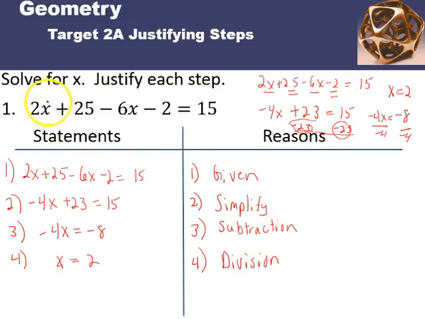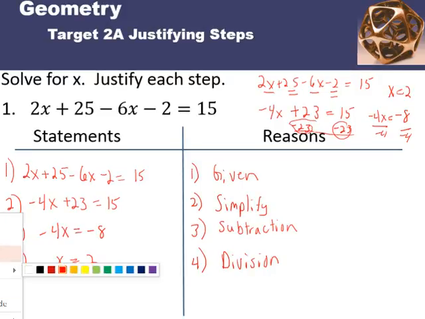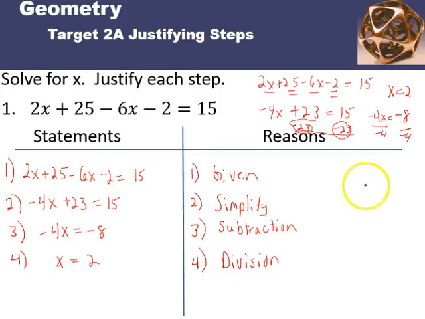Now I can double check it if I want. Maybe I'll do that in blue down here just to make sure that you get the right answer. This isn't part of your proof. This is just for you to check, just to make sure that you're getting the answer right. If I replace x with 2, I get 2 times 2, I'll do it right here, 2 times 2